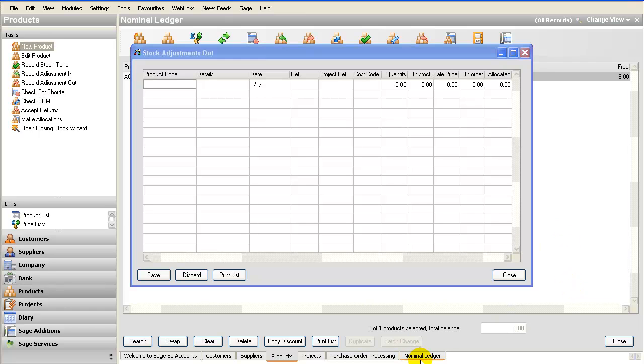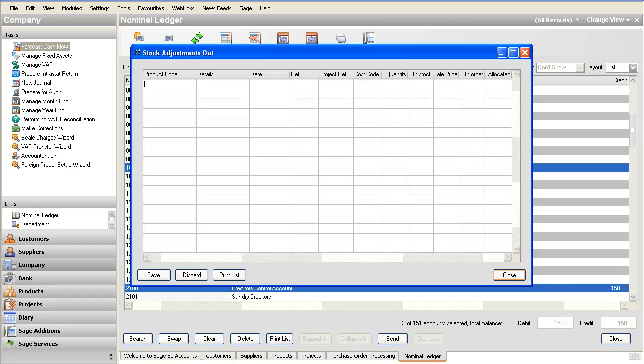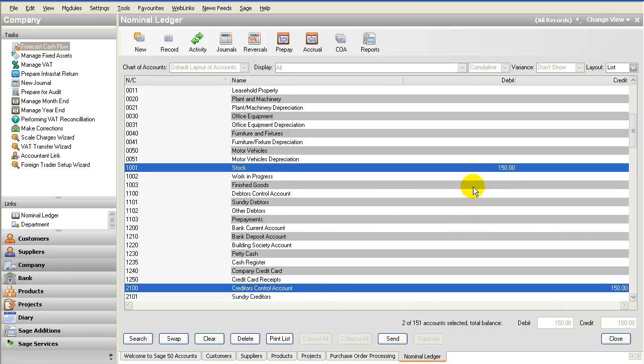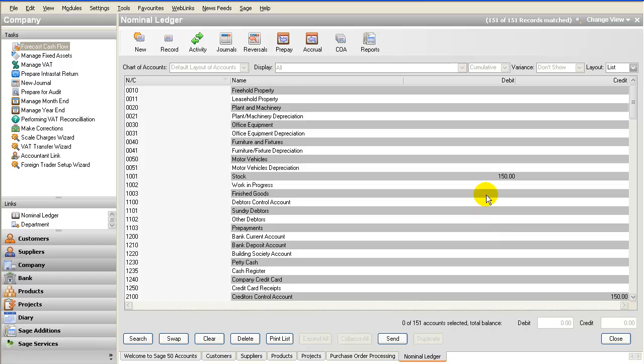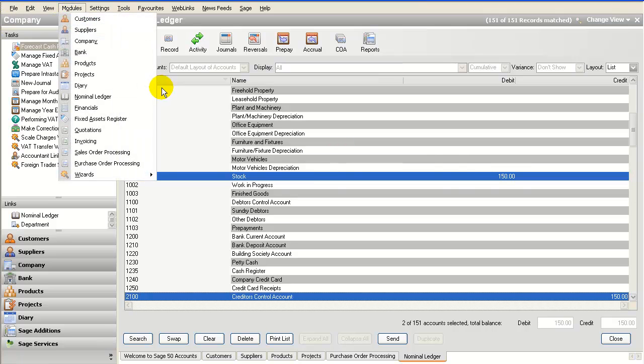Now I can go again to the nominal ledger. We can find the same figures. There is no change here. So this transaction, or this journal entry, or this action,